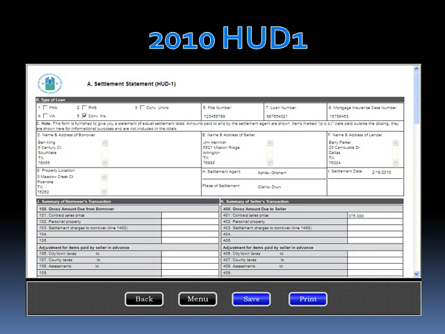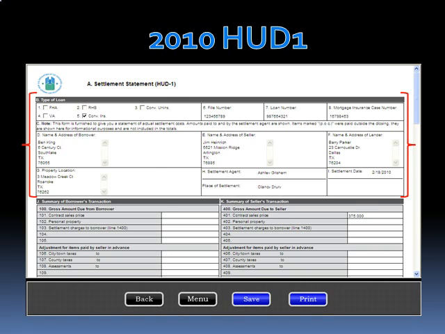At first glance, the new 2010 HUD-1 can appear long and complex, so we just wanted to take a few minutes to run through some of the highlights of filling out the HUD. Since it's long, we'll need to do this in parts. First, you see all the information that you need to fill in, like the buyer's and seller's name, addresses, and